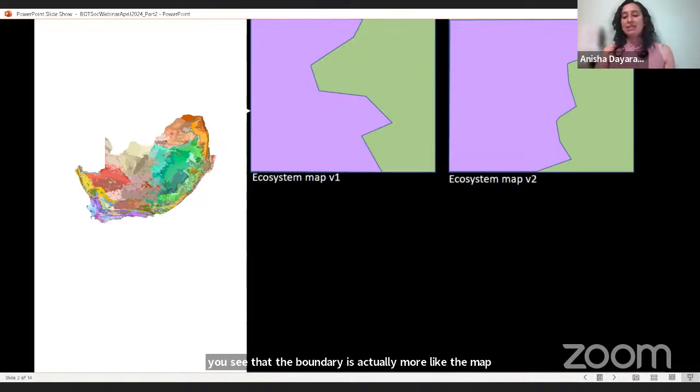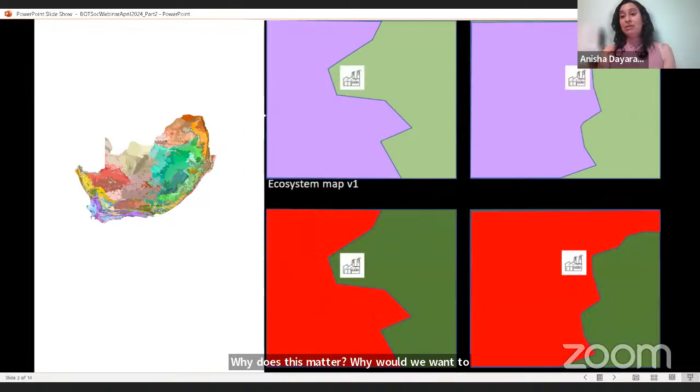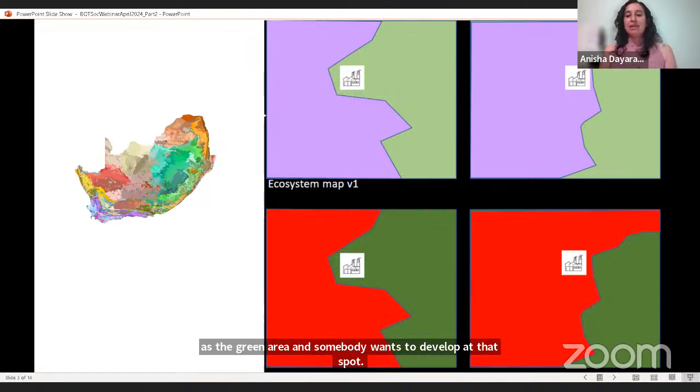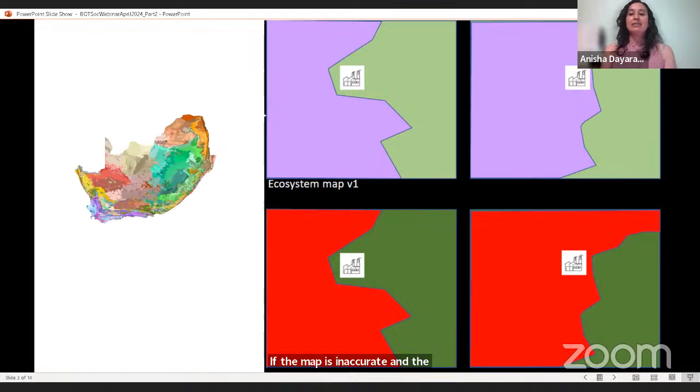Why does this matter? Why would we want to bother shifting the boundary? One of the big reasons is that the vegetation map gets processed and gets used later on in things like EIA assessments. So if you are in the ecosystem type mapped as the green area and somebody wants to develop at that spot, if the map is inaccurate and somebody puts a development there, the kinds of triggers that